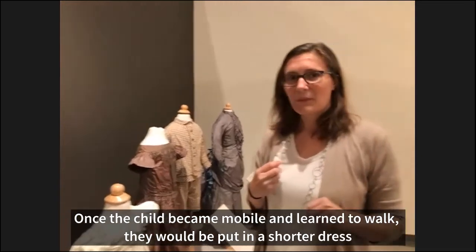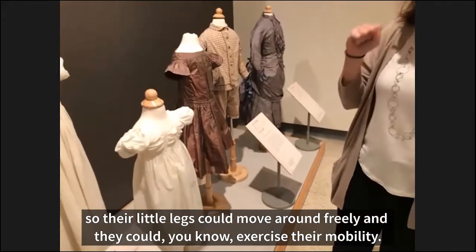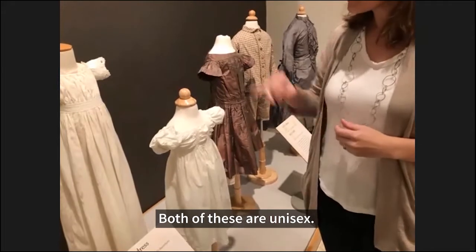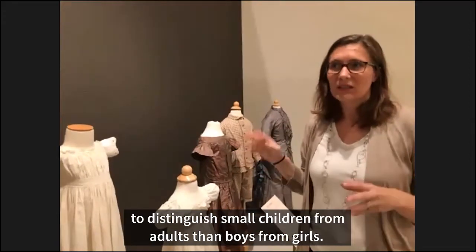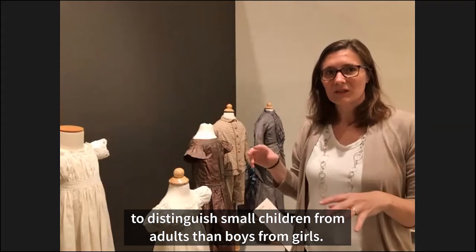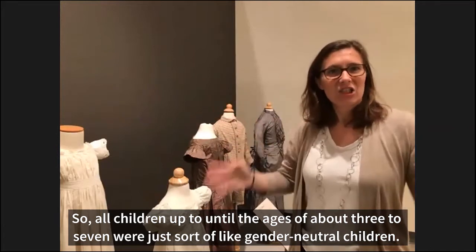Once a child became mobile and learned to walk, they would be put in a shorter dress so their little legs could move around freely and they could exercise their mobility. Both of these are unisex. So in the 19th century, people thought it was more important to distinguish small children from adults than boys from girls. So all children up until the ages of about 3 to 7 were just sort of gender neutral children,